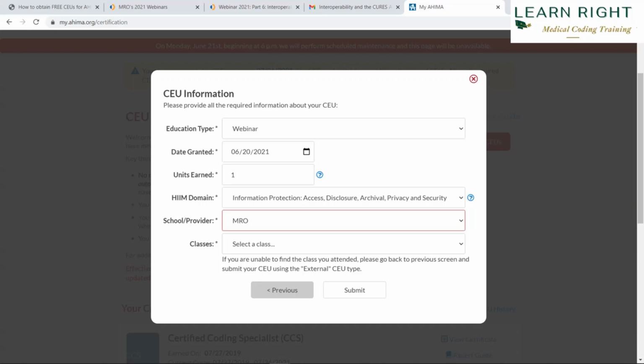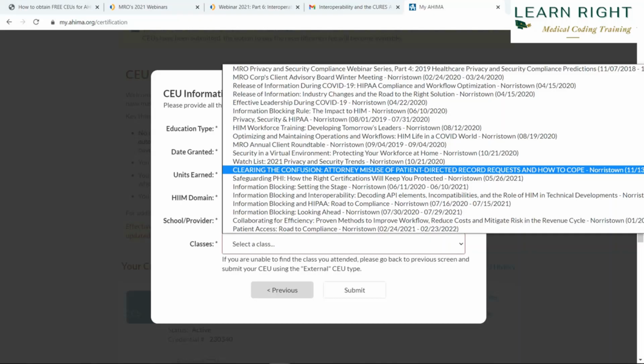Then in this example, the vendor would be MRO, school or provider. Then you can select the exact class. Now this is for MRO. For some other vendors, you may not see all these listings. You must be selecting external as the provider, and in those cases, you might have to enter the entire webinar header or information manually.